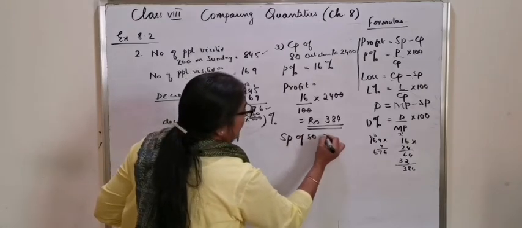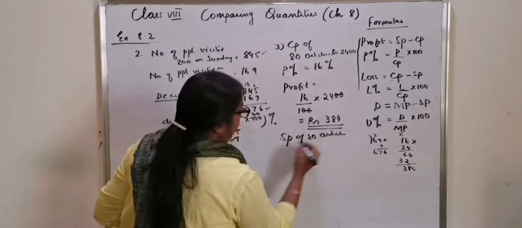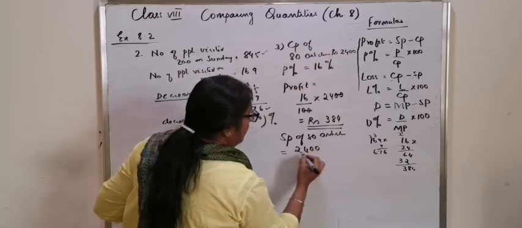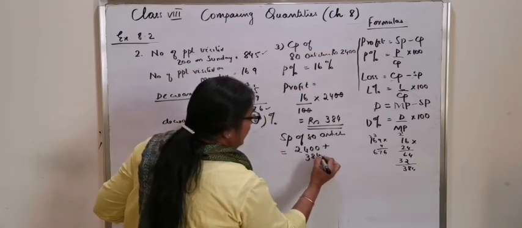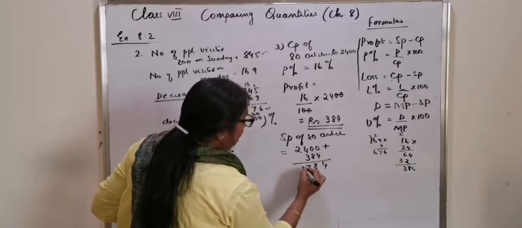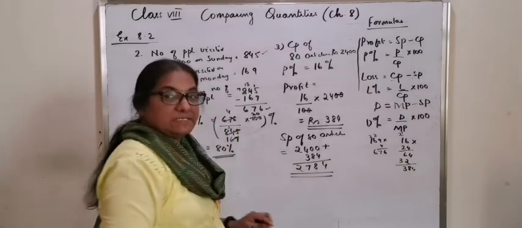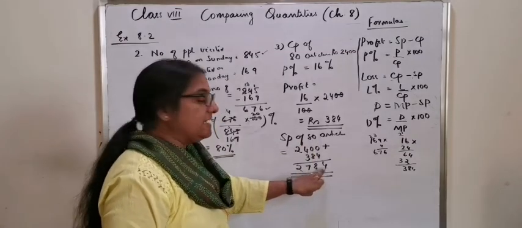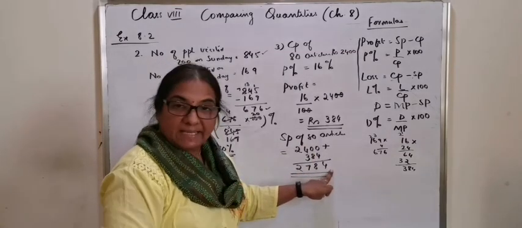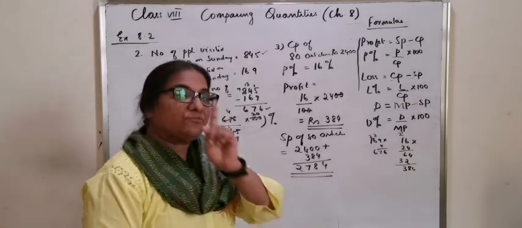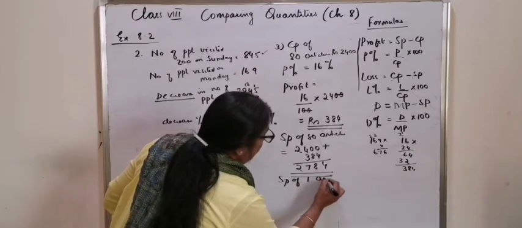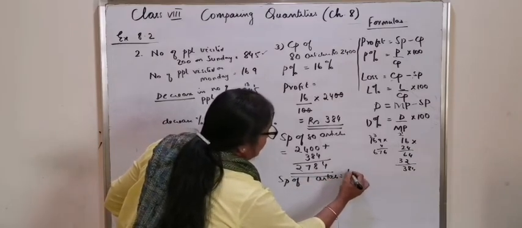Selling price of 80 articles is 2400 plus 384. That means after selling 80 articles, 2784 rupees is there in his hand. So what is the selling price of one article? The selling price of one article is equal to rupees